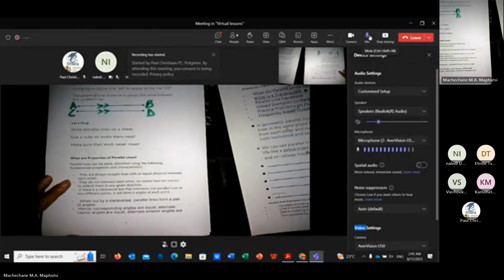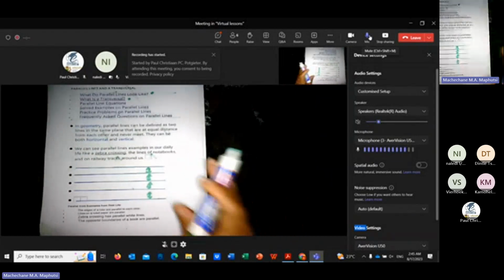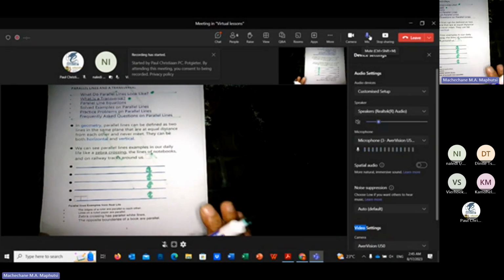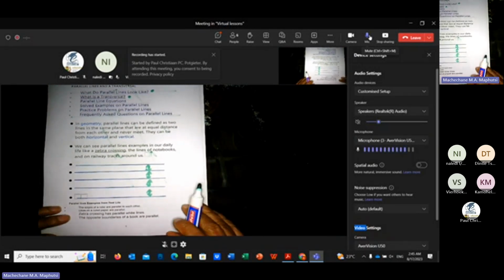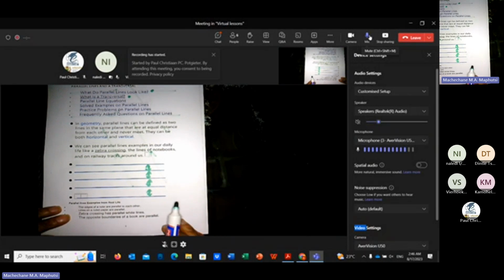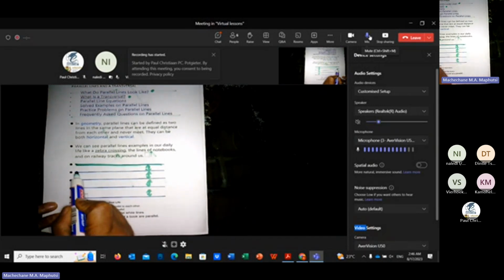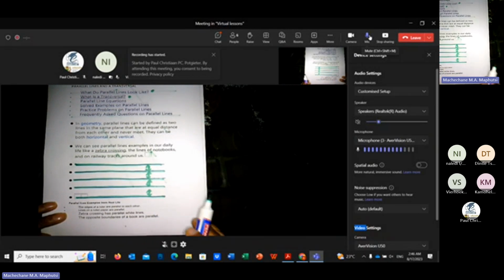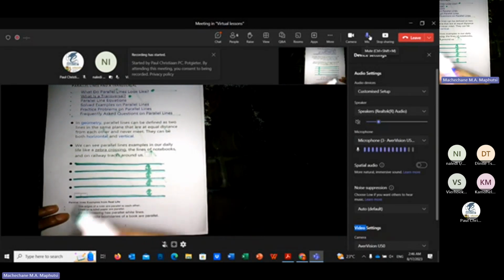So now we also have to have a clear picture of what parallel lines are. Okay, we are grade 8s. Fortunately, next to our schools, especially next to the gate, you'll see the lines. We call those lines crossing lines. So if you see the crossing lines, the white lines where the learners could pass so that the cars could not hit them. Those lines whereby you cross over to the gate of the school,